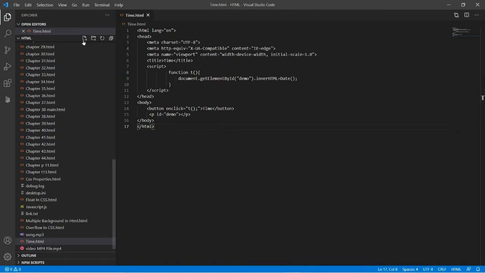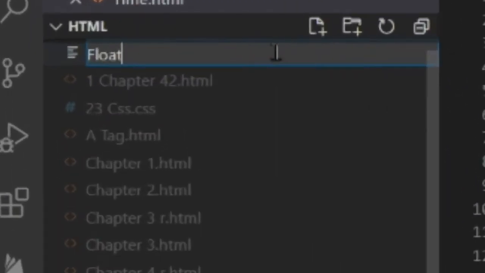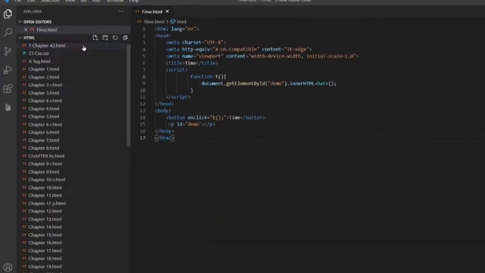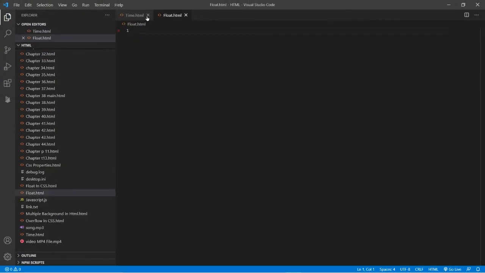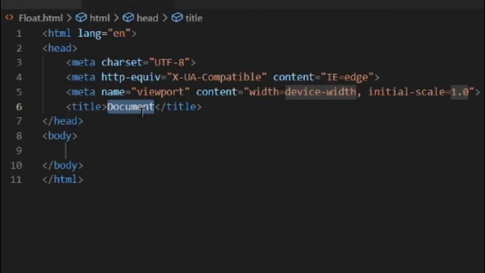So let's create a new file by the name float.html. So here it is. Now title,